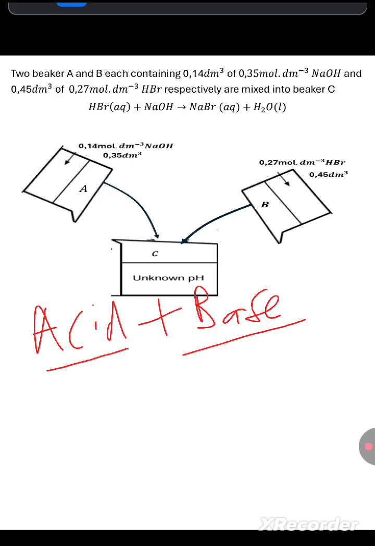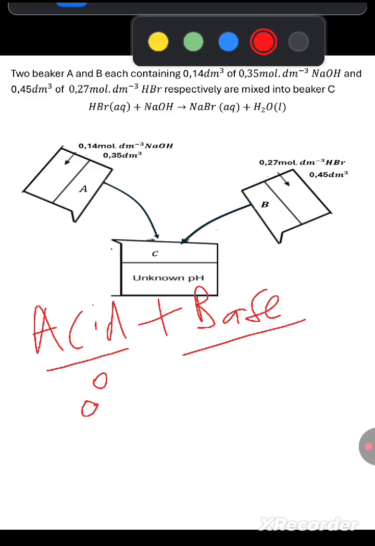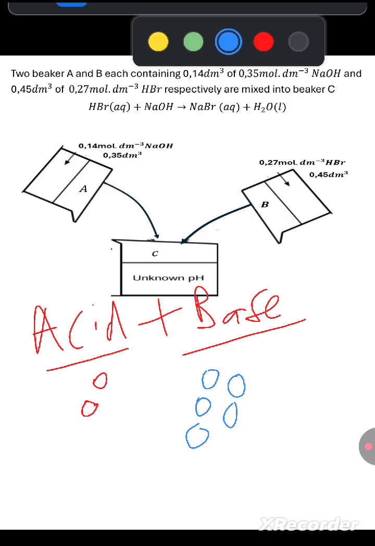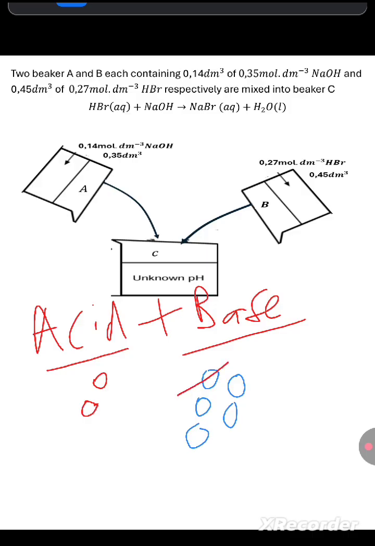what will happen is that one of them will be in excess and the other one will be a limiting reagent. So whenever a base, let's say you have 2 moles of an acid here, and then you have about 5 moles of a base. What will happen is this: when we react these two, this mole and this mole